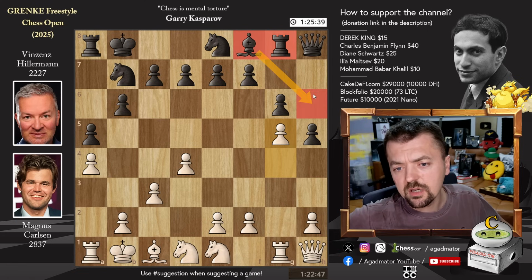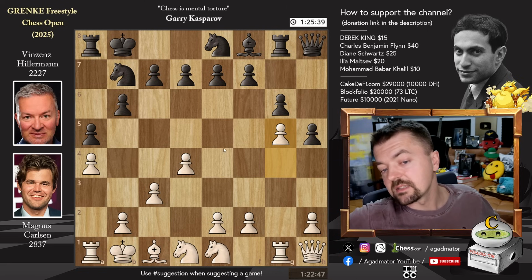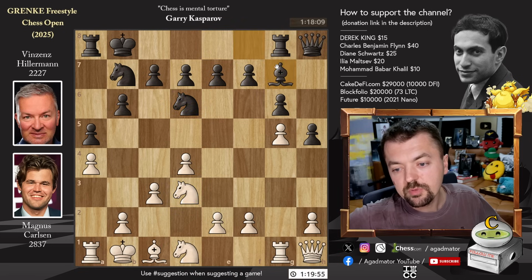The bishop cannot come to h6 to trade it off. You can play bishop g7, but it's not very useful. The queen also has problems getting into the game, so it makes sense. And e4 is coming. We have knight e to d6, and first knight to d3 by Magnus, bishop to g7,